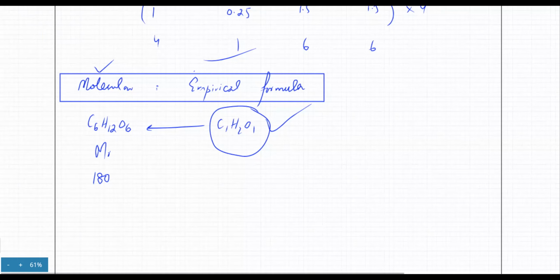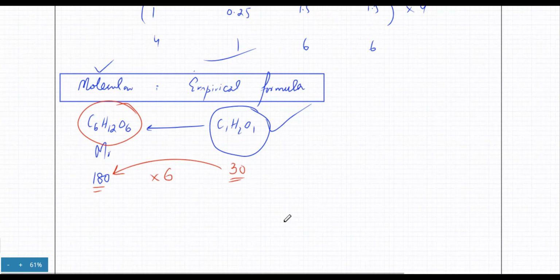What you're going to do is look at the mass of the empirical formula. So 1 carbon, 2 hydrogens, 1 oxygen, that's 30. And they've given you the molecular mass, which is 180. So how many times is the difference? It's a 6 times difference. So that means multiply the ratio by 6. The actual formula is going to have 6 times the ratio. Okay, do you get this? Maha, do you get this? Sidra, do you get this?